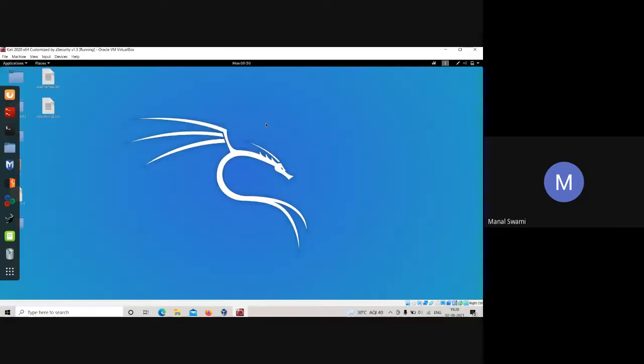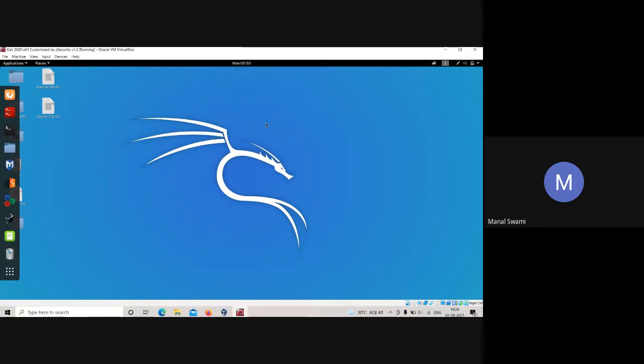See, this is not an actual Kali. When I say actual Kali, this is a customized version of the original Kali Linux. Actual Kali is a very heavy operating system because it has so many tools and utilities in it, but most of them are not even useful.